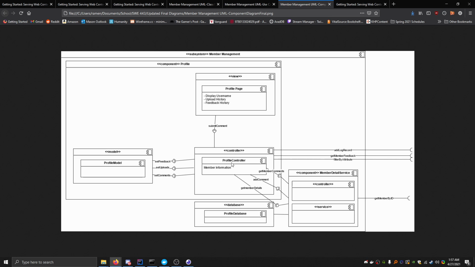Similar to how the profile controller has the endpoint for profile, the member detail service controller has the endpoints for the API calls. So if you wanted to get member comments, then you would just send an HTTP request and get a JSON file in response, or whatever format that you want. So going into the actual code section of this,